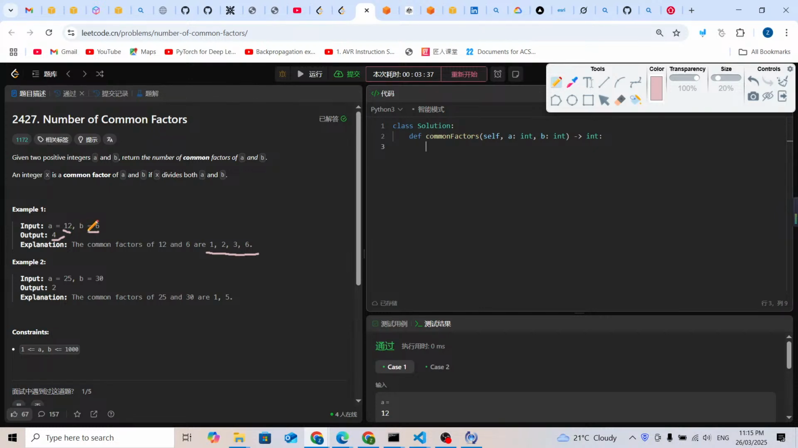For numbers a and b, if b is a factor of a, what's going to happen? If b is a factor of a, we just need to check how many factors b has. For b, it has 4 factors, so we're going to return 4 directly. Yeah, but